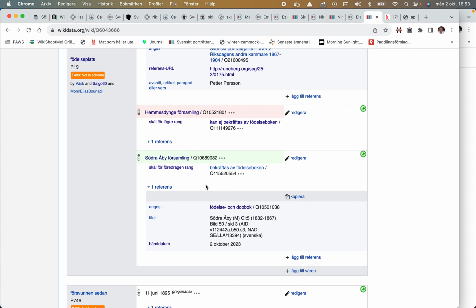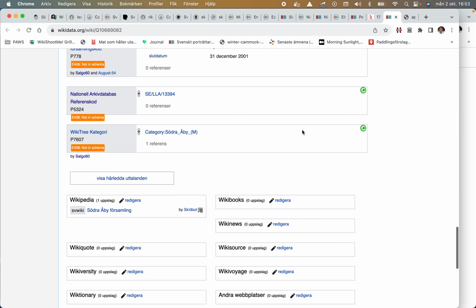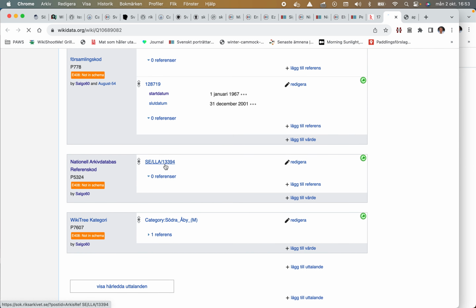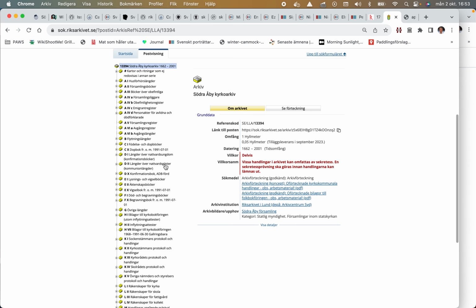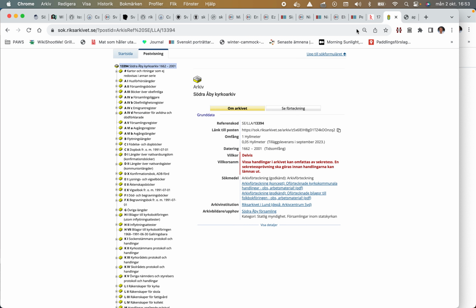What we have done is that we have added all church parishes to Wikidata and that we have the NAD, so it's rather easy to jump to the church books. So now I just have to find Södra Åby MCE5. So add